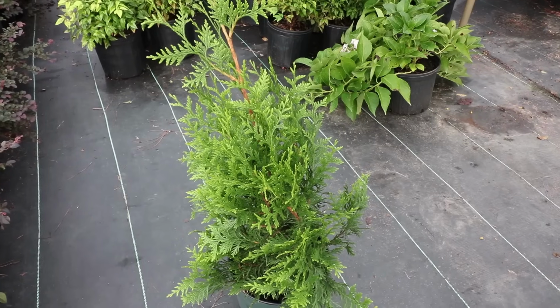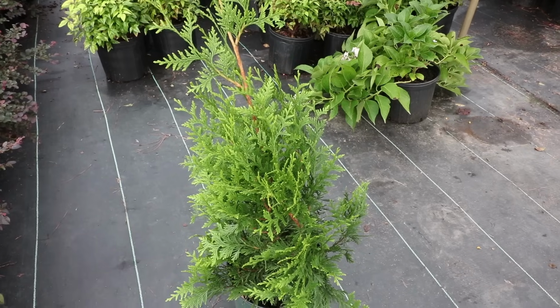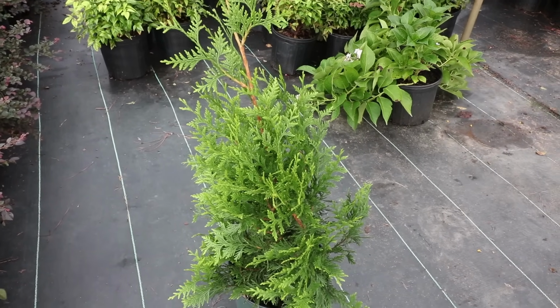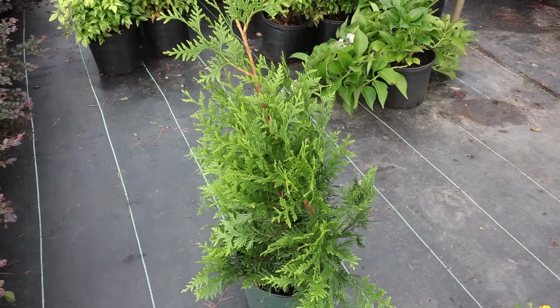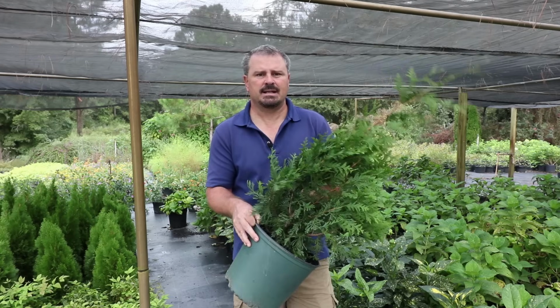The winter color on Green Giant Arborvitae is a really nice bronze color, especially in the colder climates. If you're in zones 4, 5, and 6, it's probably going to be almost totally bronze. In zones 7 and 8, it's probably going to keep about half of its green color and be half bronze, half green. In terms of planting Green Giant Arborvitae, we're going to want to elevate these a little bit when